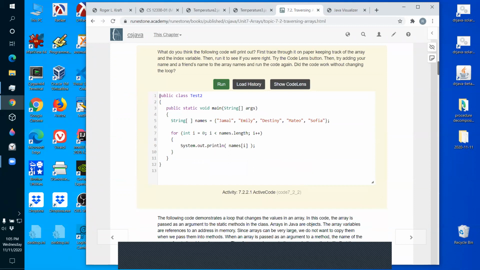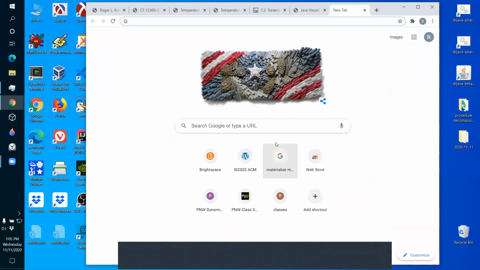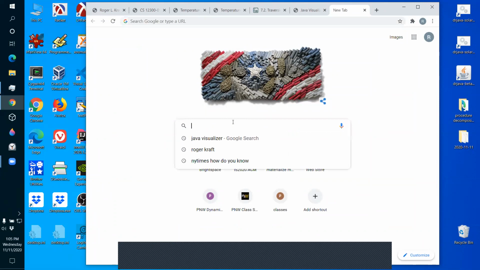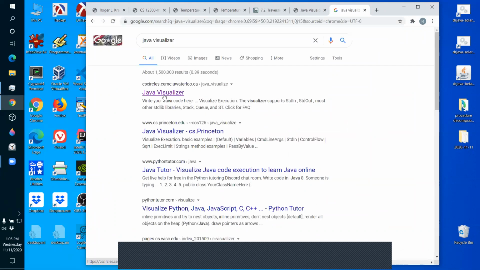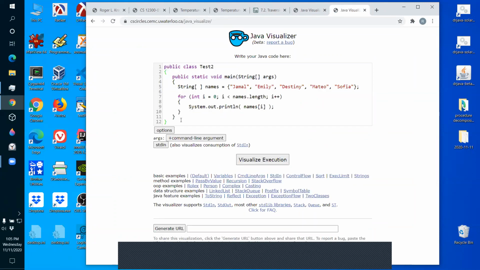Here's this example here. Let's do this one. Here's an array of strings.